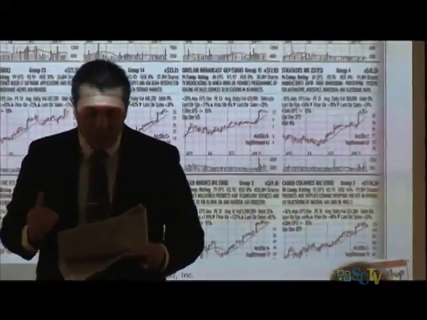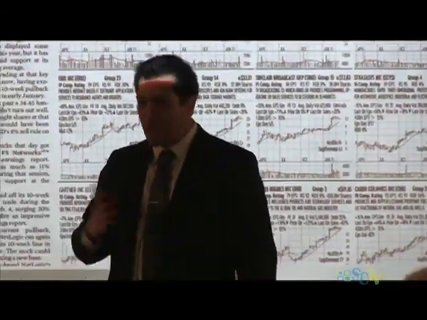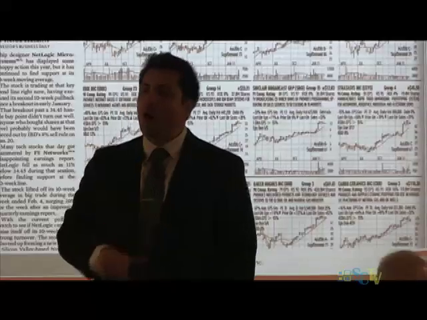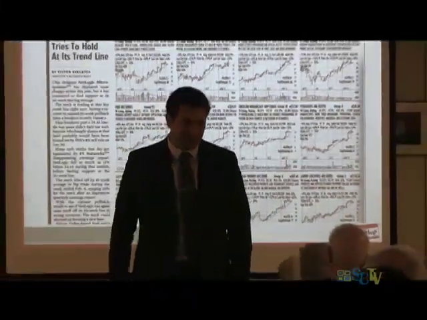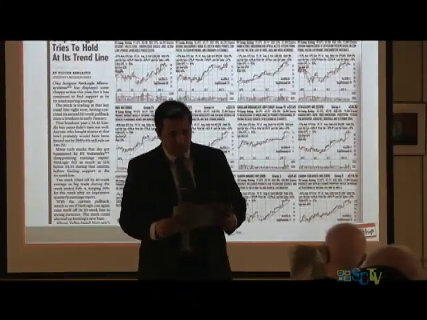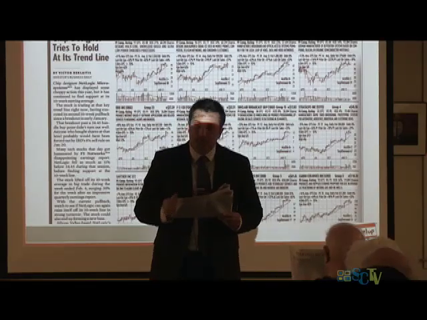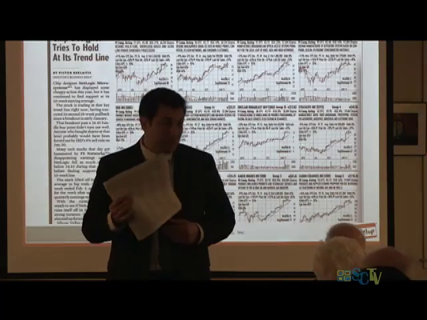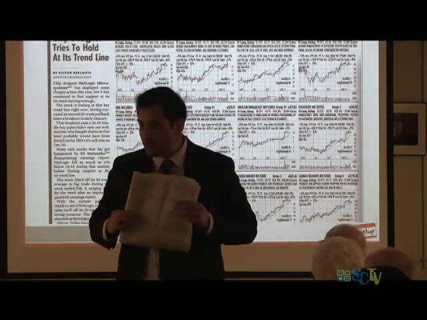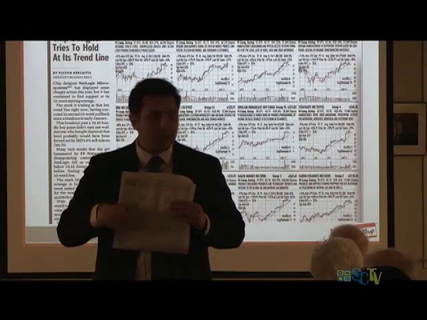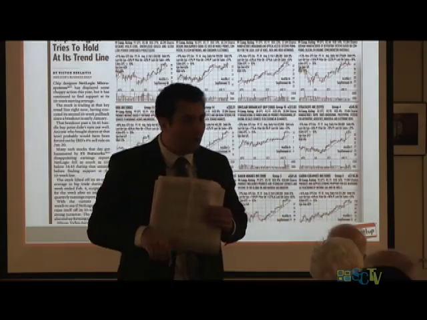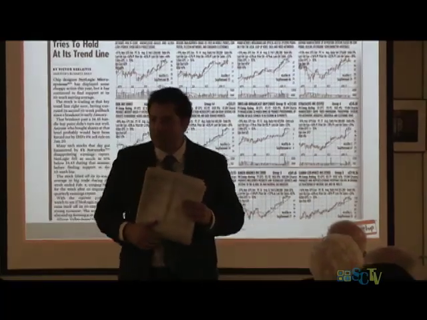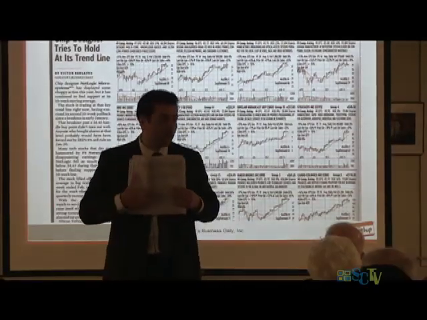So of these 16 stocks, how many did we find to put on our watch list? 1, 2, 3, 4, 5, 6, 7. Okay, good. We don't want to put everything on our watch list. We don't want to clutter our watch list with extended stocks. You know why? Because these extended ones like Air Lease, when they start to pull back, they're going to still be on this list most likely, and you'll see them when they're pulling back, and at that point, you can put it on your watch list. For now, don't clutter your watch list with extended stocks. Keep them on. We'll watch them for you.